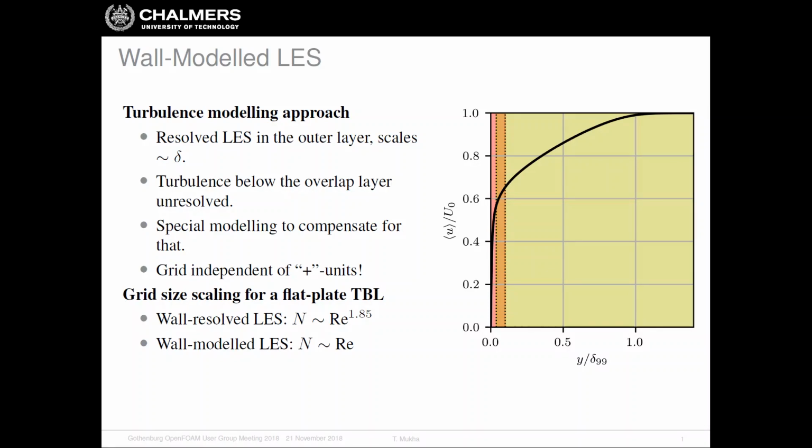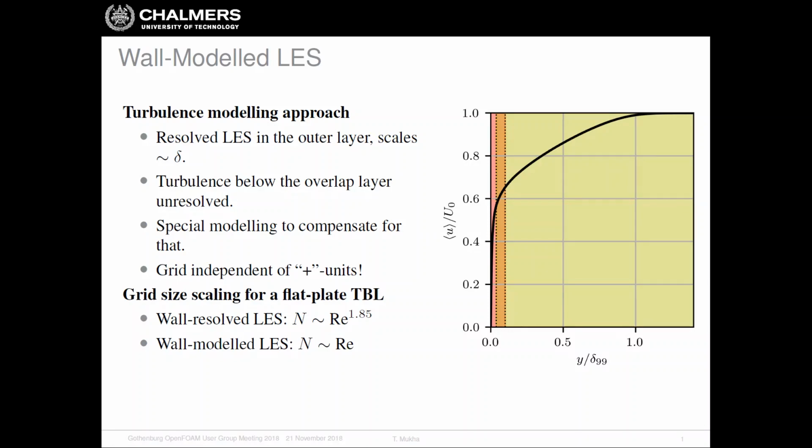And there are certain guidelines for which sizes in plus units are appropriate for the grid. But the whole idea here is that in the outer layer, the turbulent structures do not scale with the inner length scale, so with the plus scale, but they instead scale with delta, so the outer scale. And that means that we're going to define our grid in terms of the outer scale, so basically the cell size as a fraction of this delta. Much more about that later.